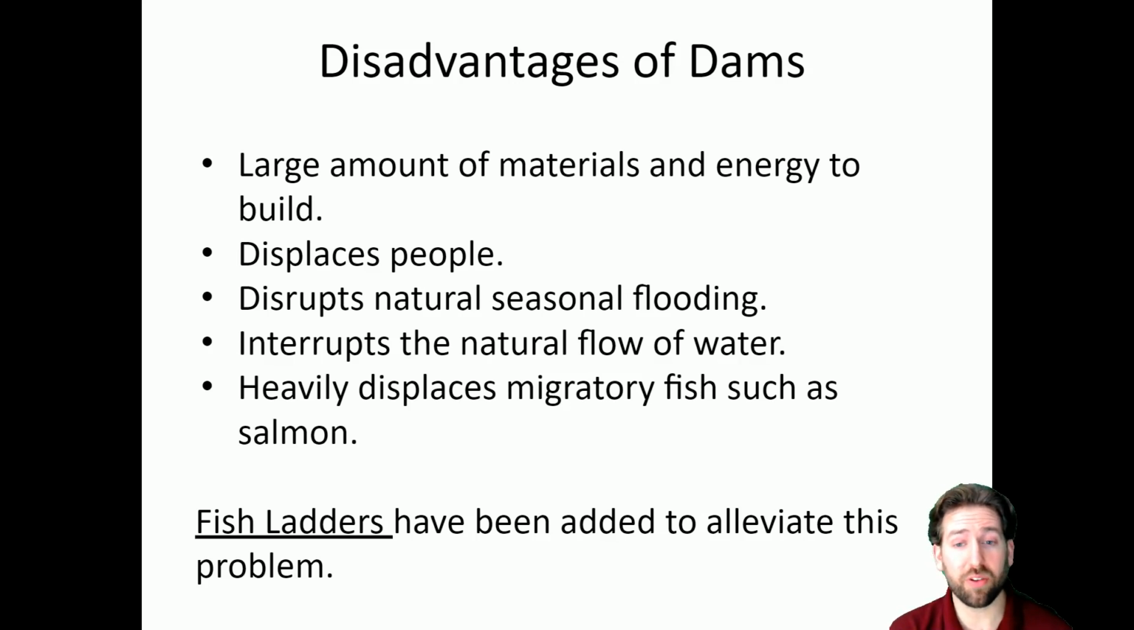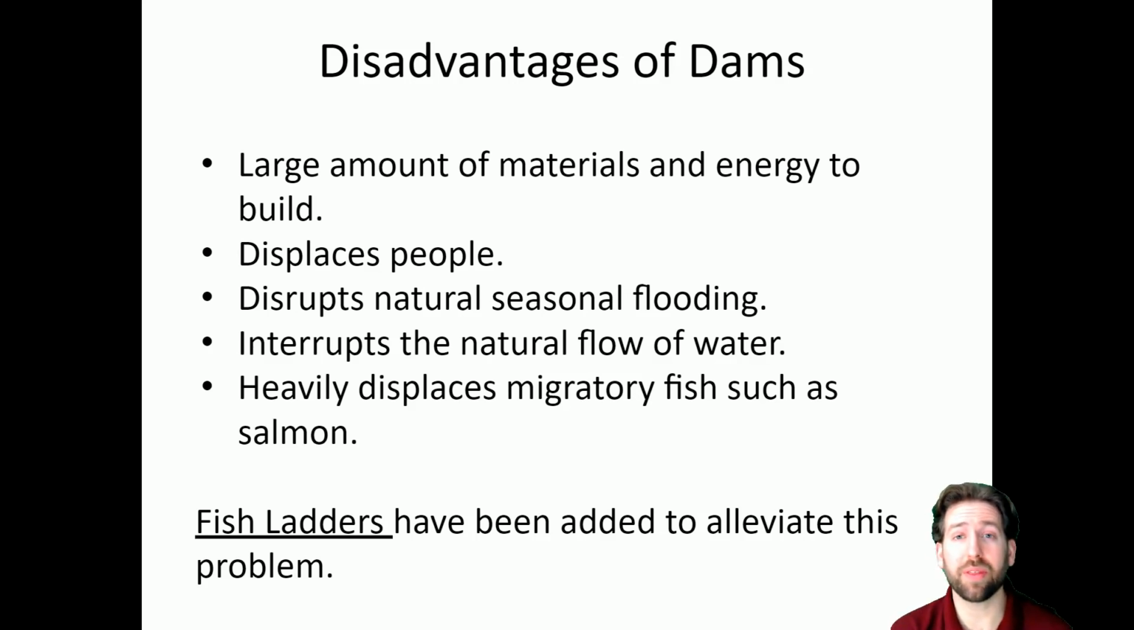Dams disrupt natural seasonal flooding. Downstream of the dam, the water coming out is very regular, right? It is a constant, not really a flooding flow. So it's going to make it so that there is no seasonal flooding downstream. That interrupts the natural flow of water, and it's also going to heavily displace migratory fish such as salmon,